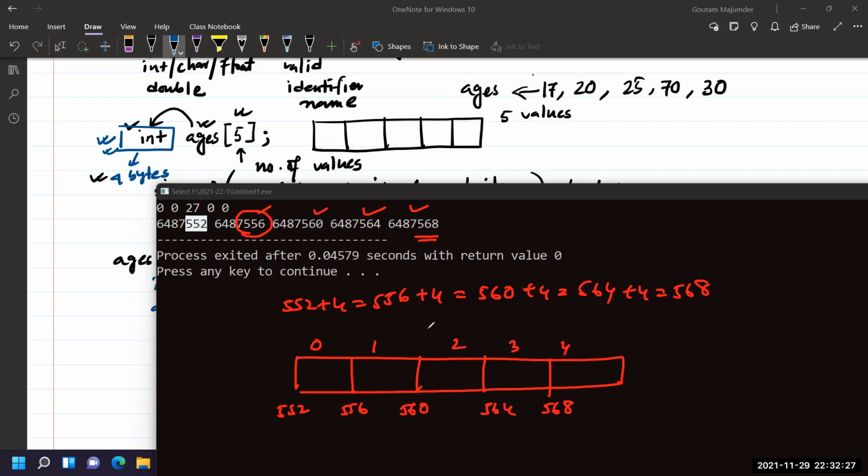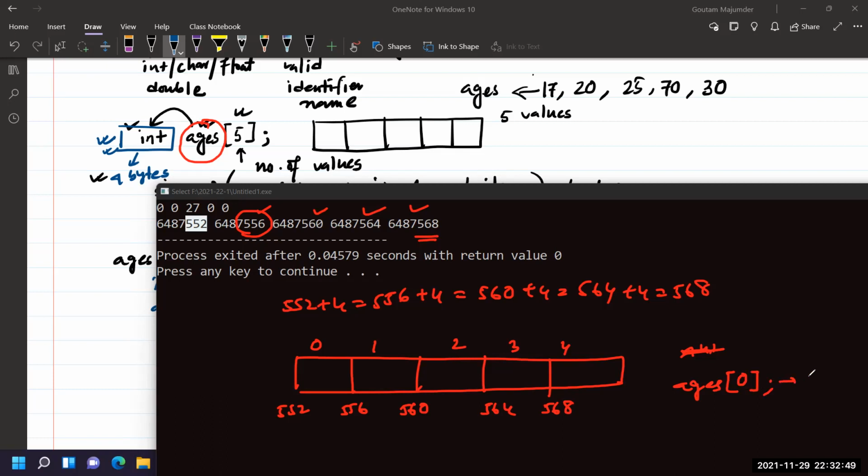So how to differentiate the name? If I just write ages, it represents the array only. Correct? The array. It doesn't represent an item name. So how to get the item name? Name of the array, and inside the square brackets just put the index.